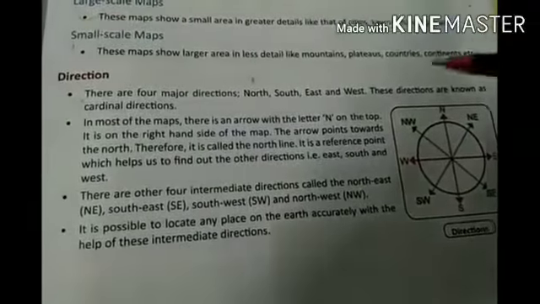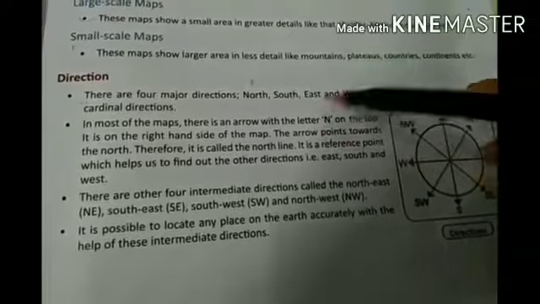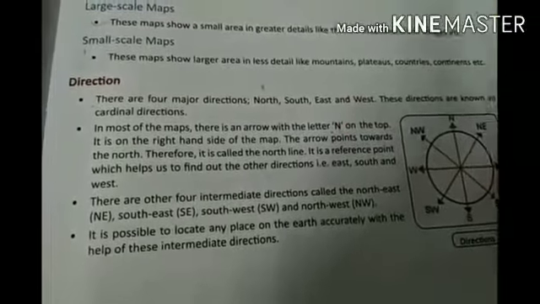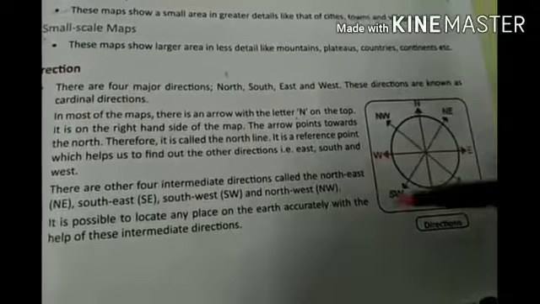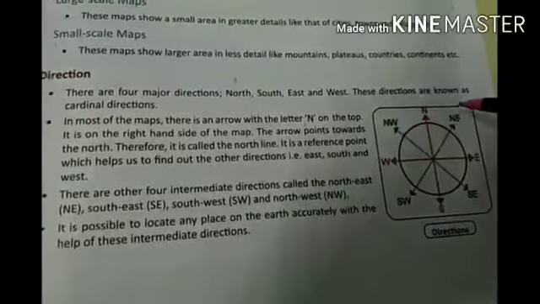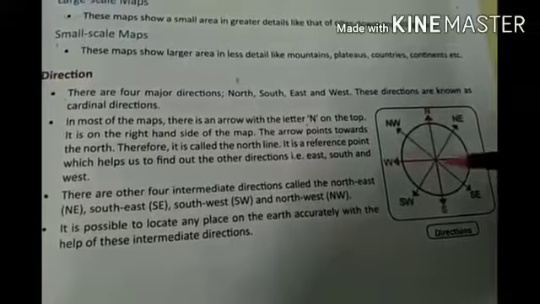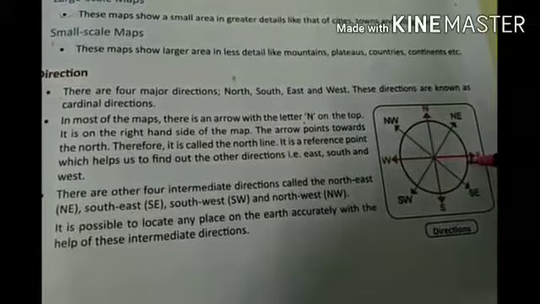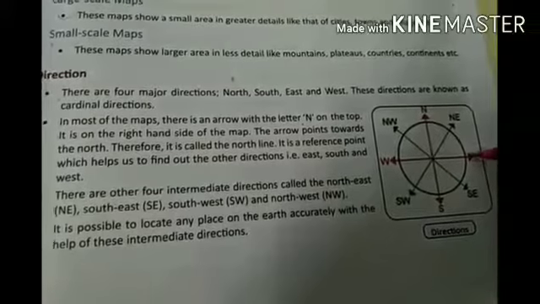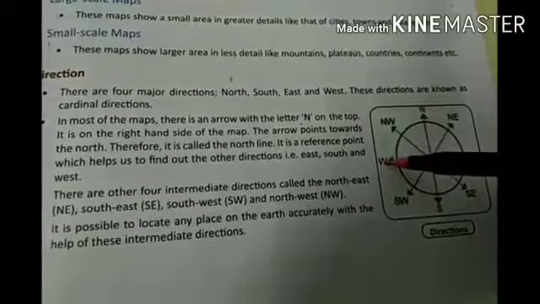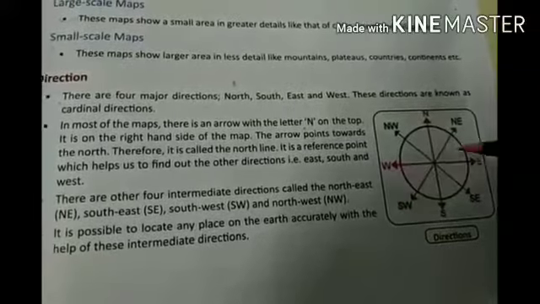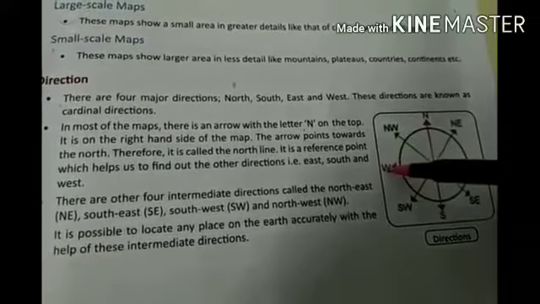Now children, many a times you have seen this letter N on the top. It denotes what? North. Okay. Now for example, if you want to learn the directions, suppose the sun rises in the east. So if you stand in this position, this is your east, and at the back side it is what? West. So this is east and this is west. This is rhyming: sun rises in east and sets in west.